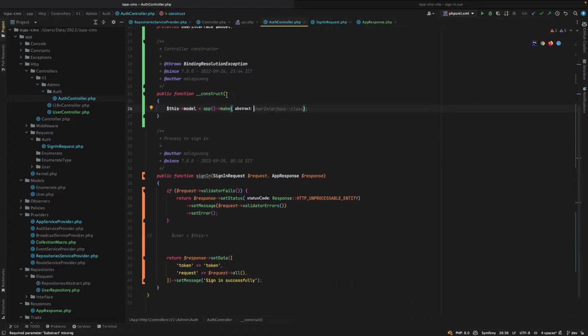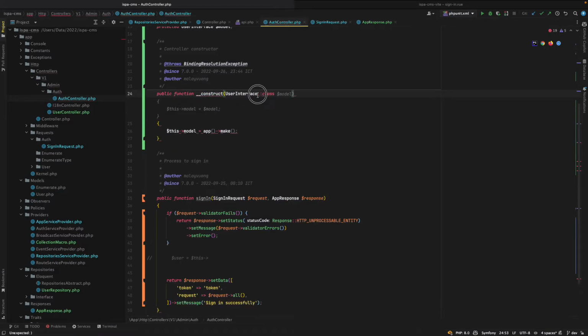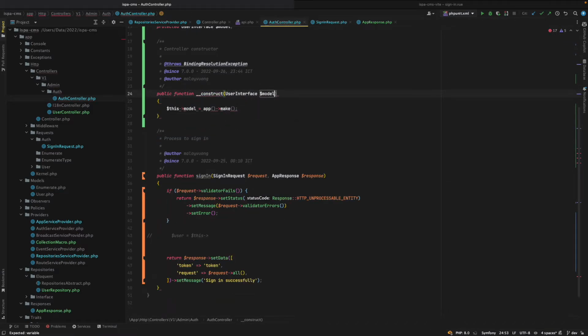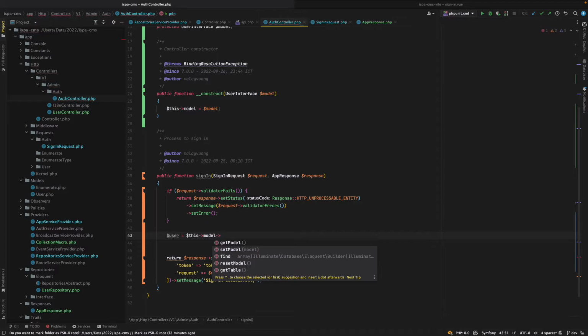So we don't need it here, and we can use this here. So the model, and then that's it. We bind it, and now we use the model here, and we get something,